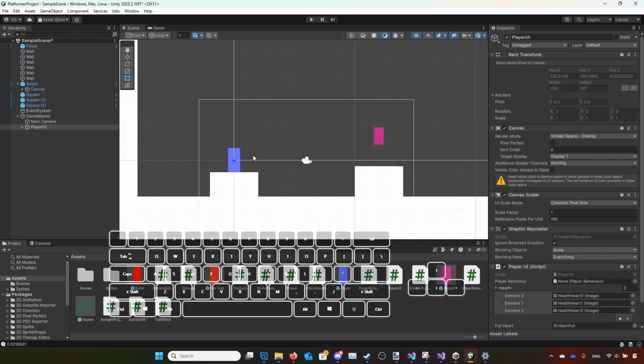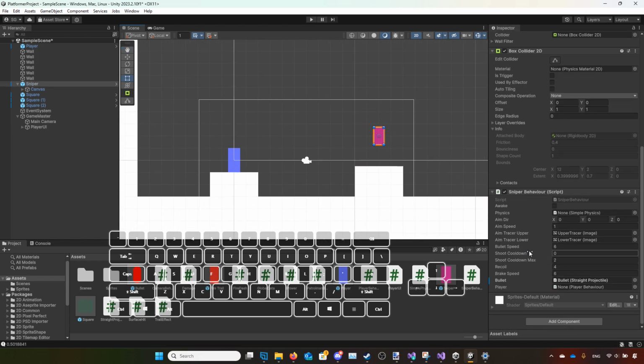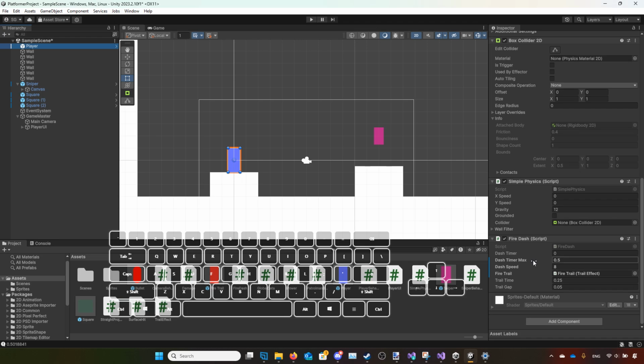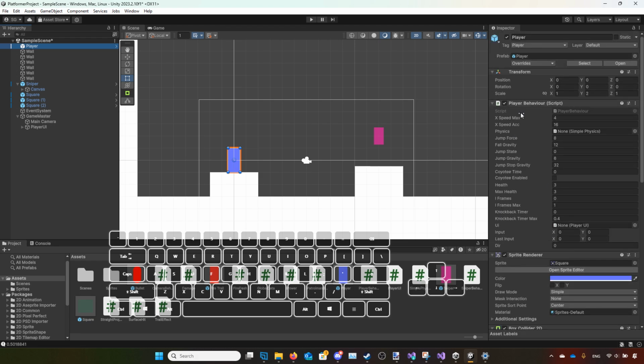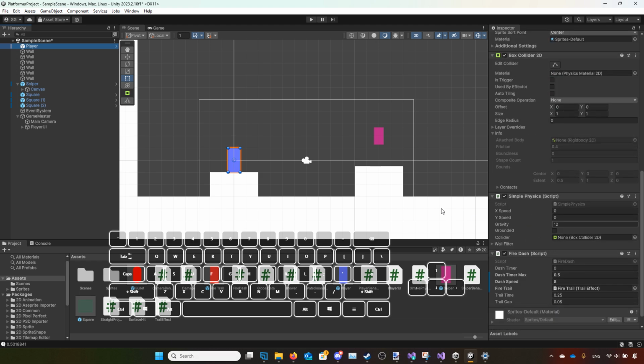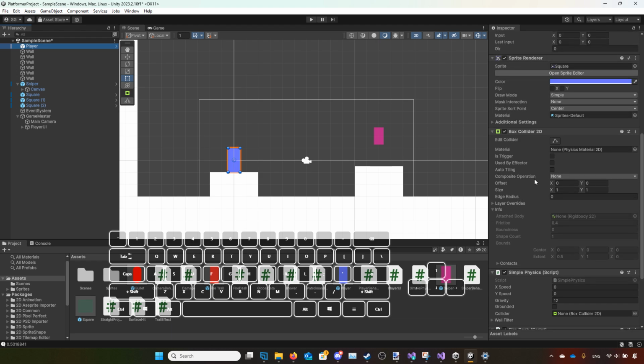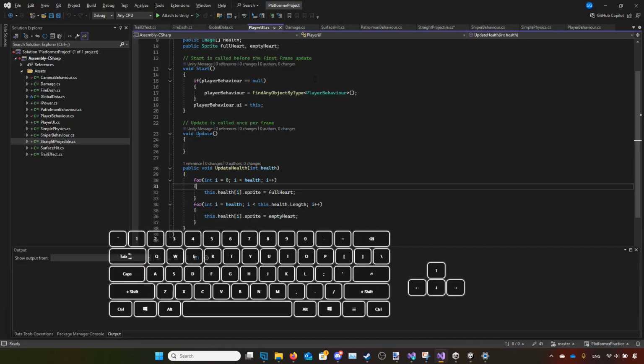Let's see. So the player here has a dash attack that I've added now, the fire dash script. I've also taken simple physics and made it its own script, separate from player behavior, and this simple physics script is also used by the sniper and the patrolman enemies. Let's see. So if we jump to the player behavior script,